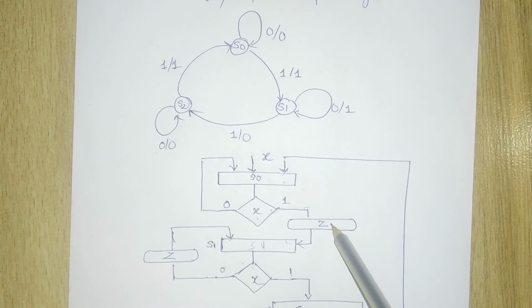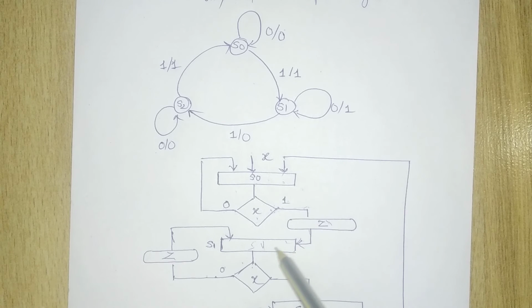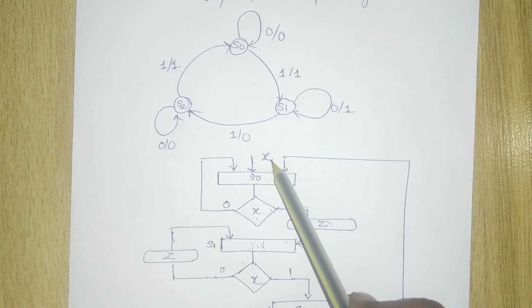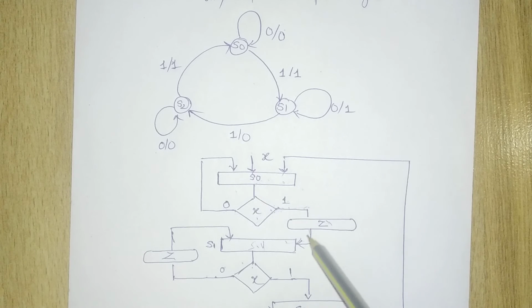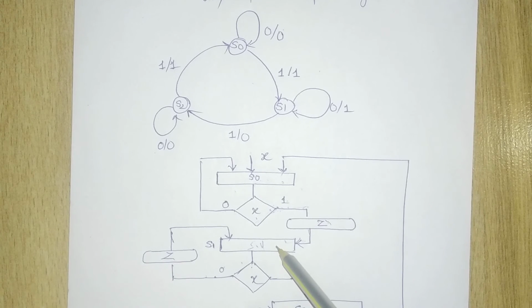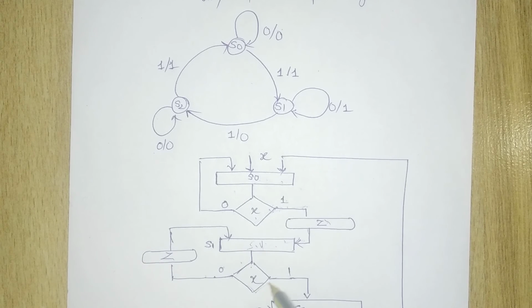And if the value of input is 1, it is changing state from S0 to S1. Now this Z is an output, and this output is going towards the S1 state. So when X equals 1, S0 changes state to S1. So this is S1, and we have a change from S1 to S2. When input is a 0, which is applied on S1, then it is again going to the same state. And if input is a 1, then it changes the state from S1 to S2.